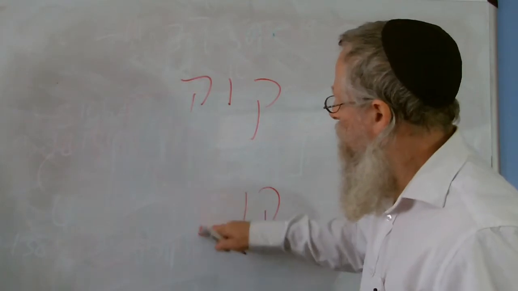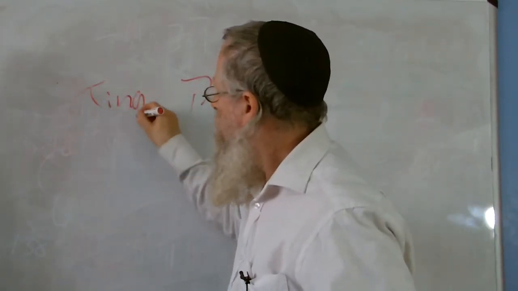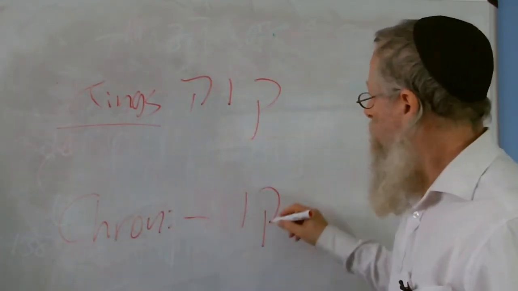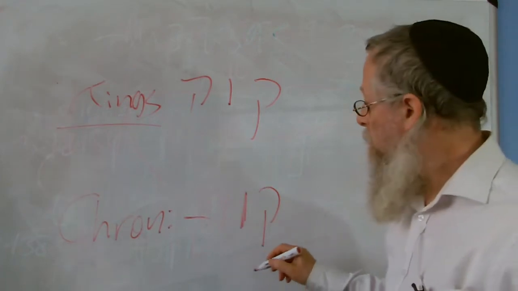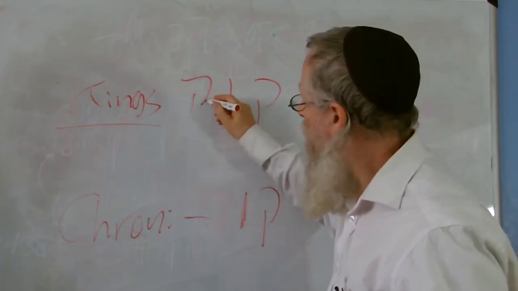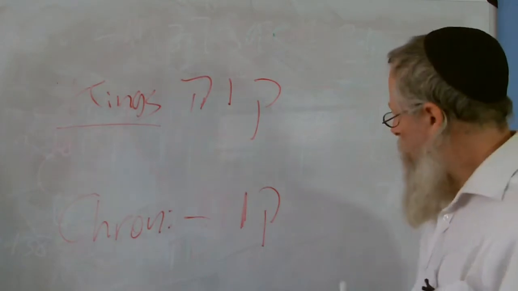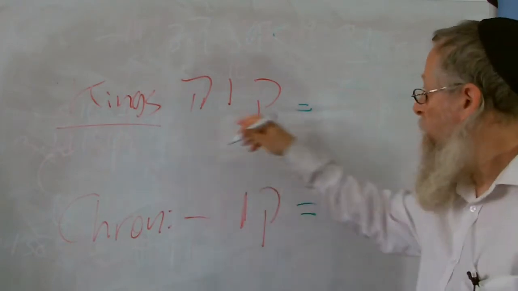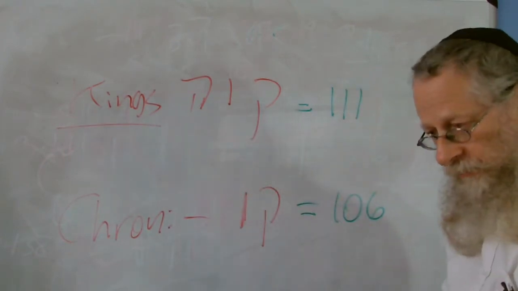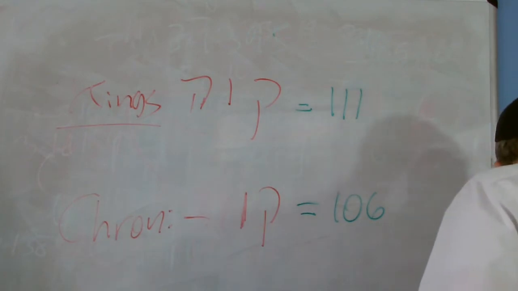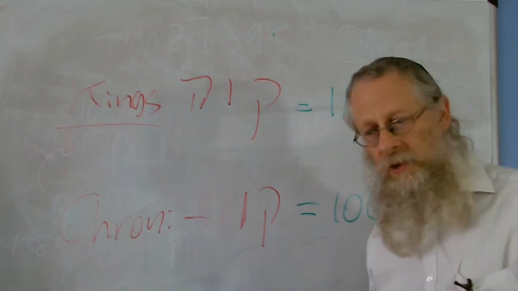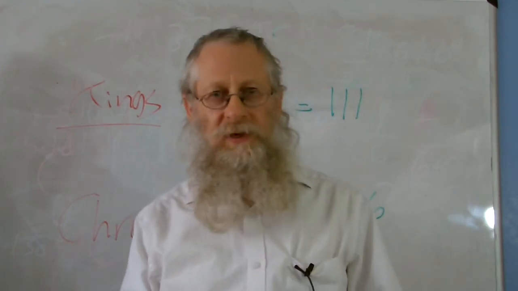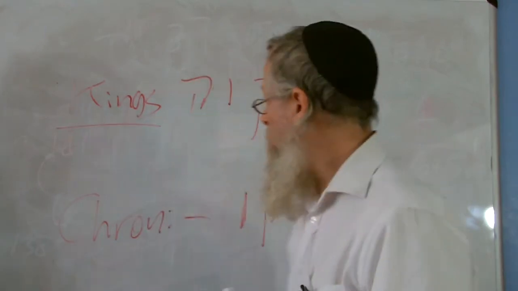Whoops. Right, so this is in Kings, and this is in Chronicles. Okay? There it's spelled kav as it's normally spelled, and here it's spelled kava with a hey. And we just saw that kav is 106, and kava with a hey, which is 5, is 111. Now, if I take these two values, this is not my idea, this goes back to a rabbi called the Vilna Gaon, who about 180 years ago wrote about this, and you get